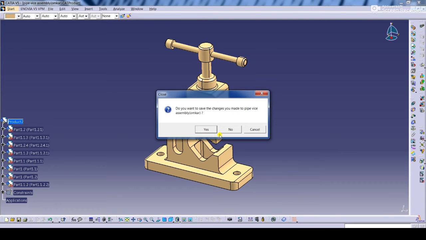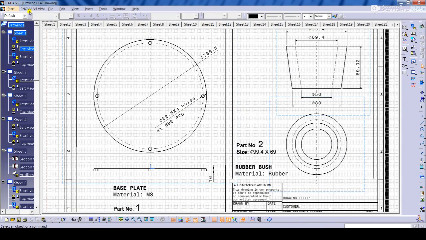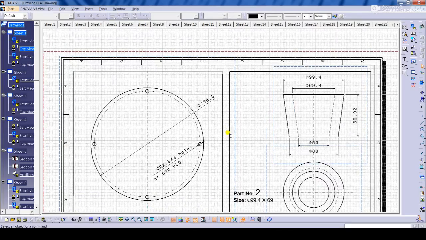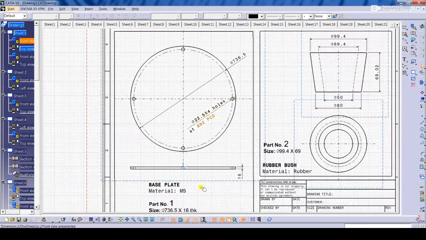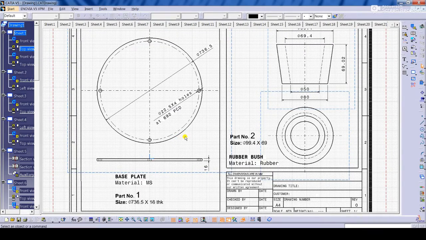Next we will see drafting. This is the Drafting workbench. How will you go to drafting? Go to Start, go to Mechanical Design and go to Drafting. This is an already drafted part. You can draft a part which is already modeled in the 3D modeling workbench.